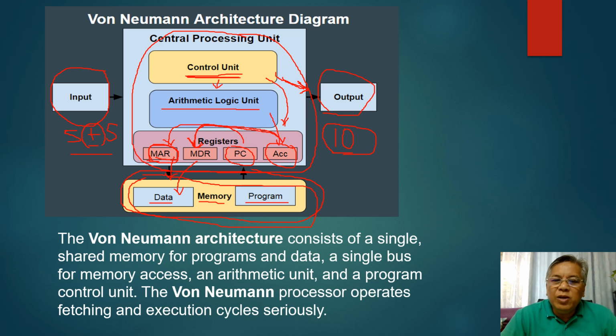Since it is from the accumulator, it is in binary form. Once it is fetched by your control unit, it will have to be decoded again into its decimal equivalent. That is why what will be found in the output part of your computer, which is your monitor for that matter, is now in decimal form, which is 10. Okay, so that is how the von Neumann architecture diagram operates.